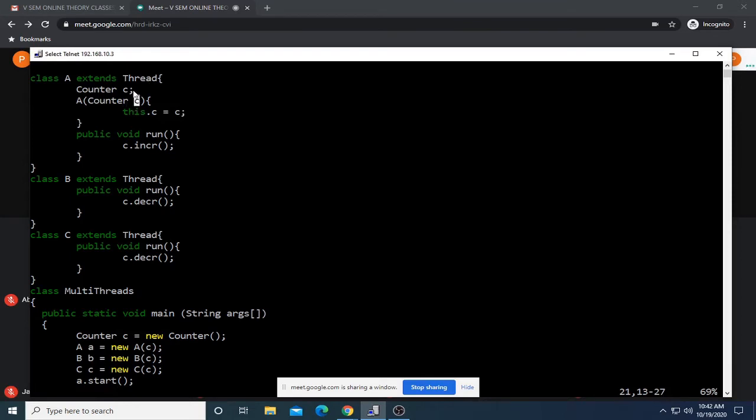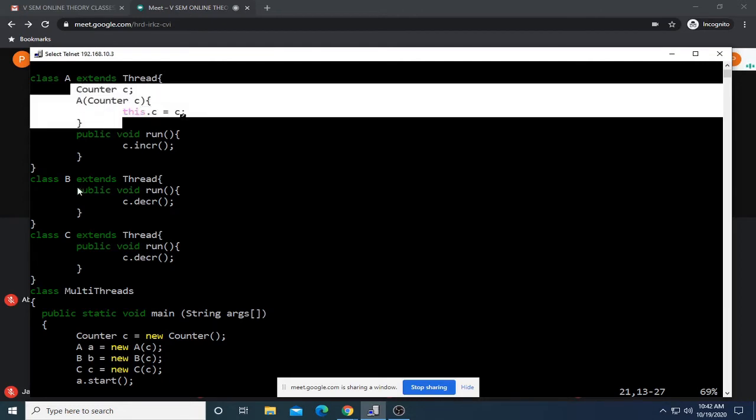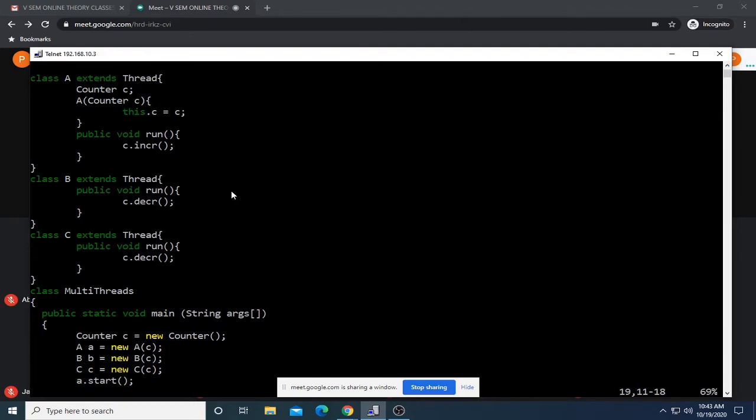Since there is a case of instance hiding, the argument within the function is also C, and your instance object reference variable is also C. So I'll be making use of the this keyword. And the same change has to be done in each of the subclasses.